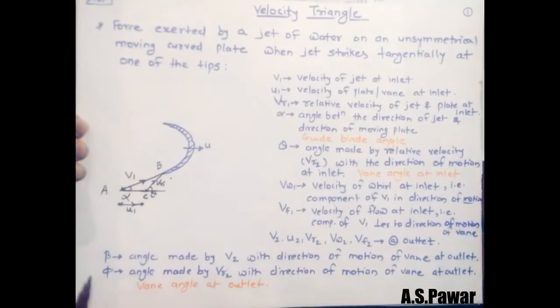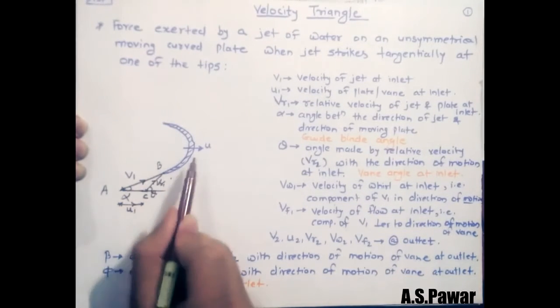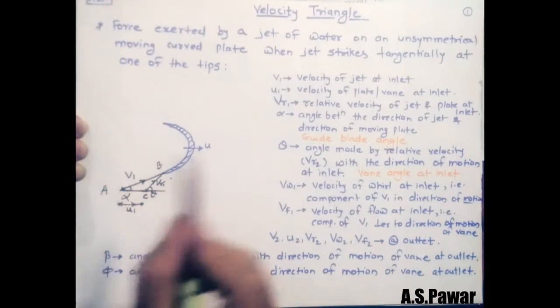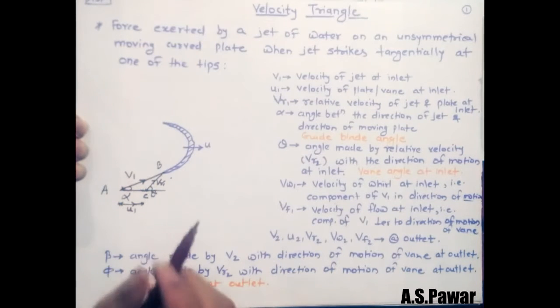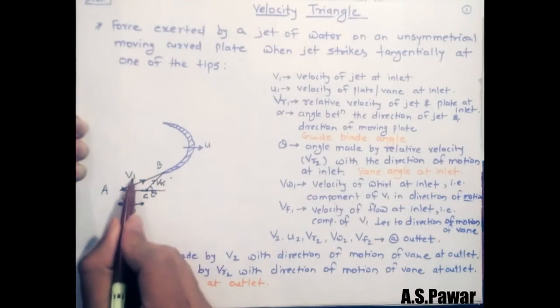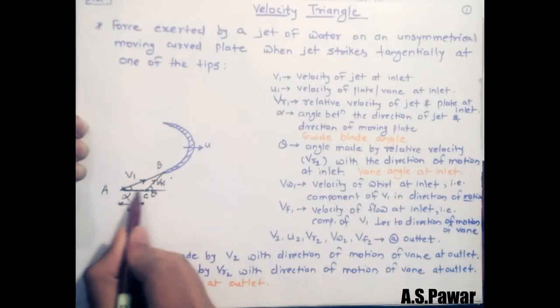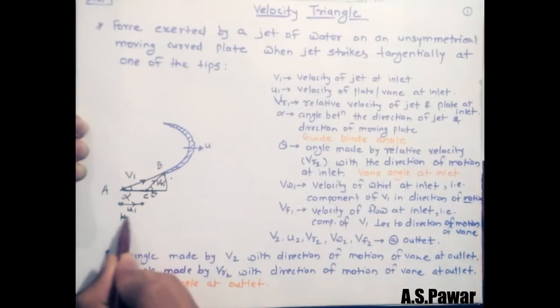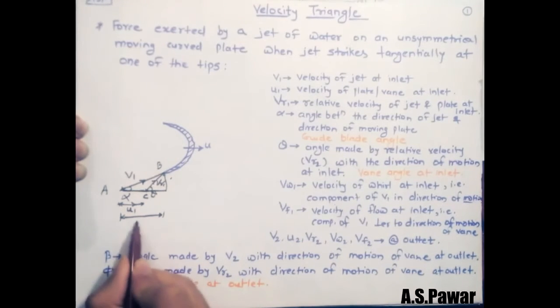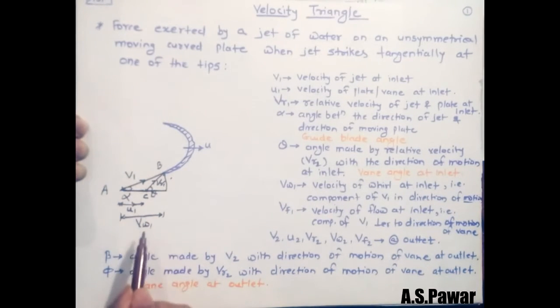Now so as to understand the different concepts, we have to find out the component of this velocity vector capital V1 in the direction of motion, that means horizontal direction, and in the direction perpendicular to the motion, that means vertical direction. So we'll try to find out those velocity components. Now the velocity component in the direction of the motion, we can represent by some particular line up to this point B. So if we connect these 2 points, this much portion is represented by that velocity vector, and we can denote that by VW1. VW1 stands for the velocity component in the direction of motion.